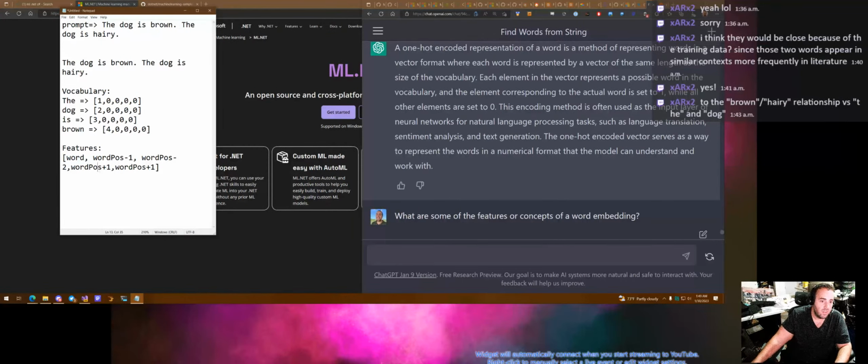So if the input is the dog is brown, then we tokenize the words as